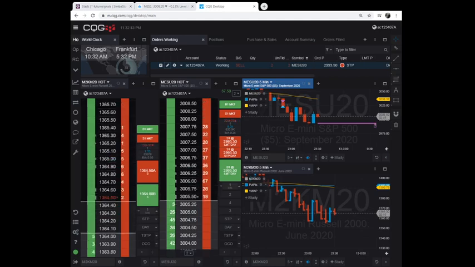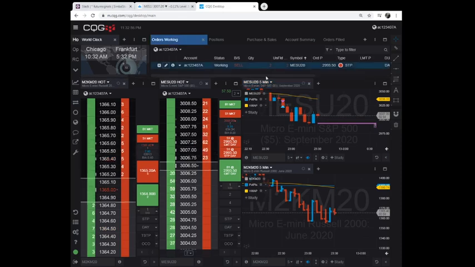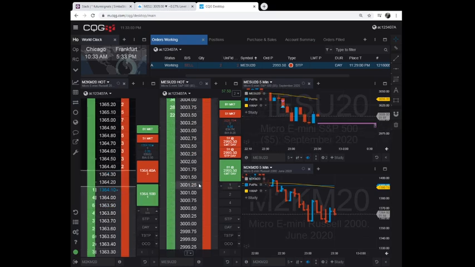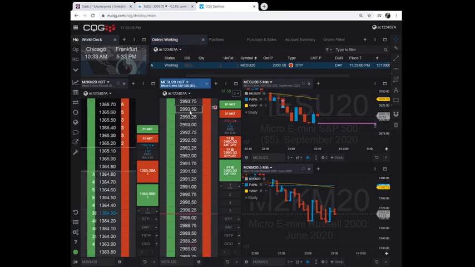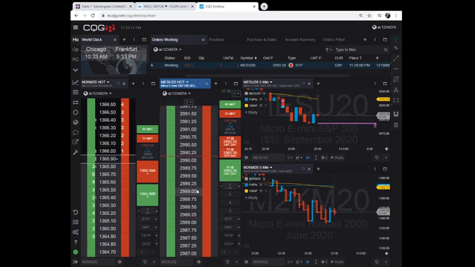Every candle has a big move, or big ticks or points, so the risk is a bit higher. So for today, we trade with a smaller size only. The first trade already hit the TP earlier over here, 9 points, and the second one is over here. We target to take profit at 3029.81. This is the entry we expect to be triggered, and the targeted profit price should be